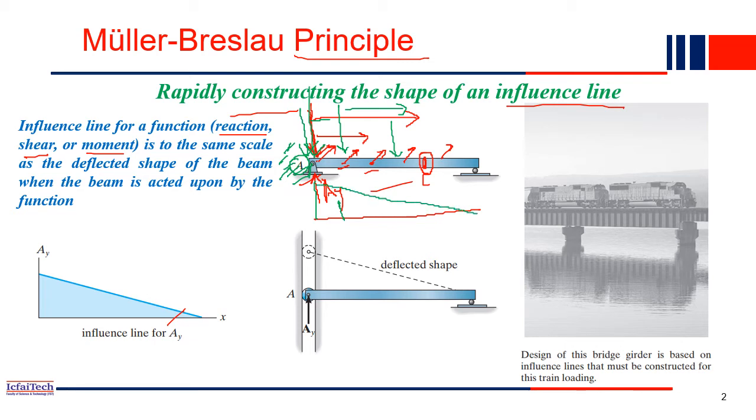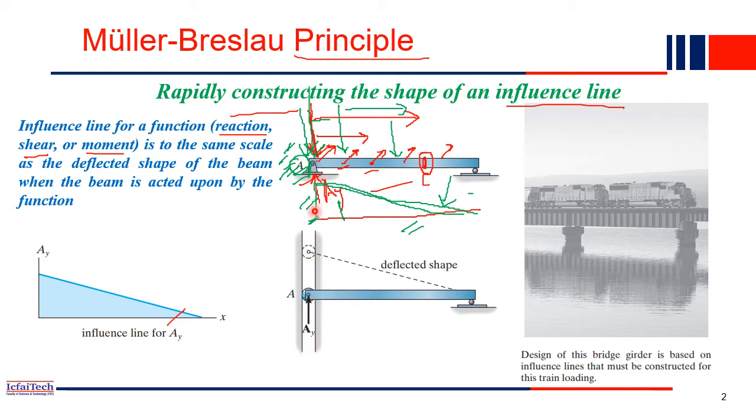If we employ our earlier methods, we will see that the influence line diagram for this beam is this one. At x equal to 0, you will have the maximum value and gradually it is decreasing. That is the influence line diagram if we employ the conventional method. Now let's see in this principle how quickly you can draw the influence line diagram. As per this principle, in the location where you want to find it out, you have to release it.